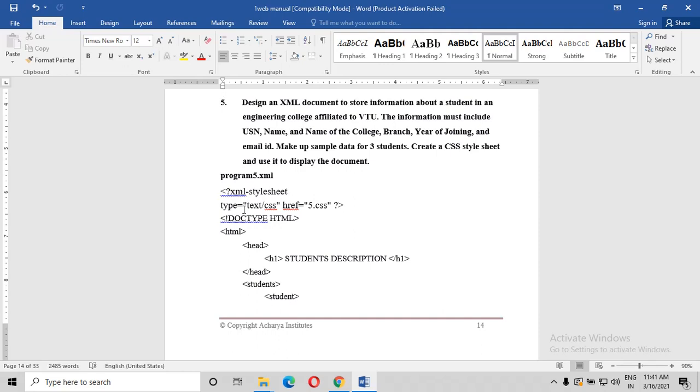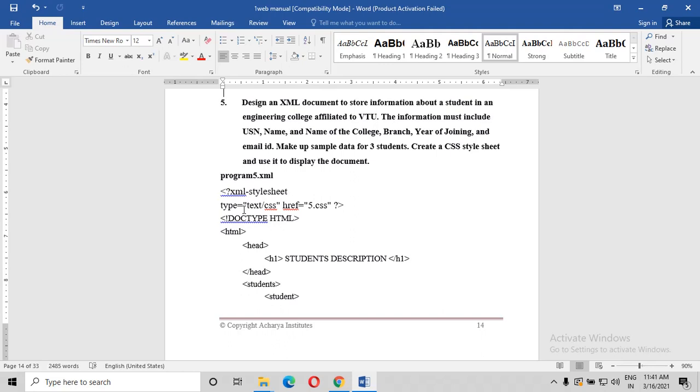Here you are taking 5.css. It is not mandatory to give 5; you can give p5 or program5, whatever is easy to remember. Inside that you are embedding another program, which we call external. You are taking 5.css and calling it here. The three things to remember in CSS: inline style, embedded, and external. External means once after the closing, you can again call it here. That's what we have done.